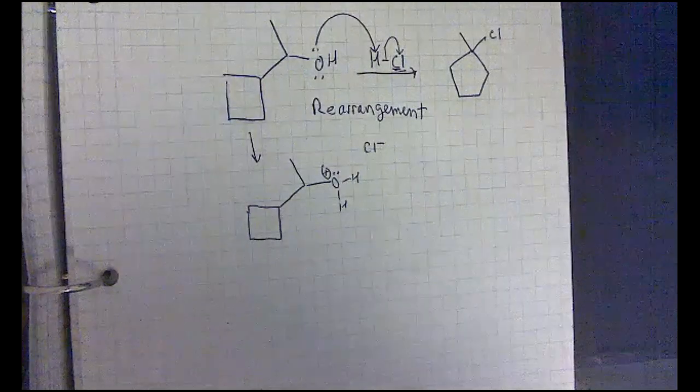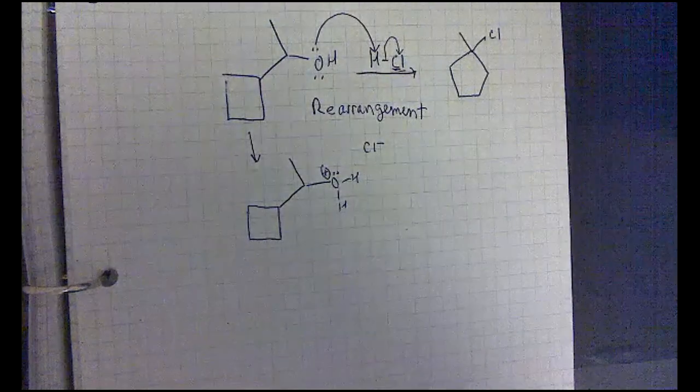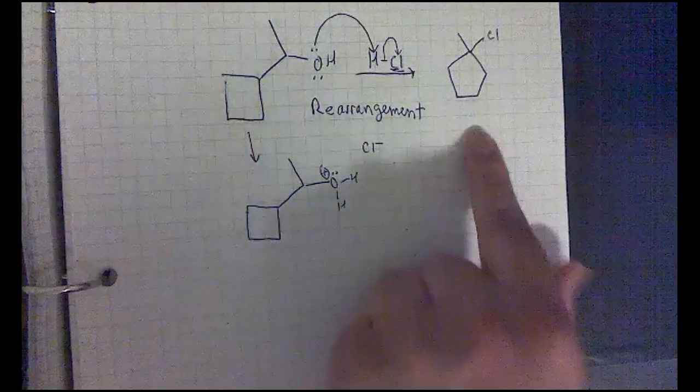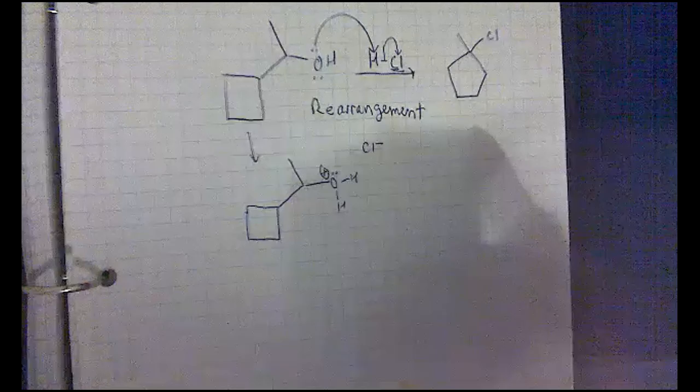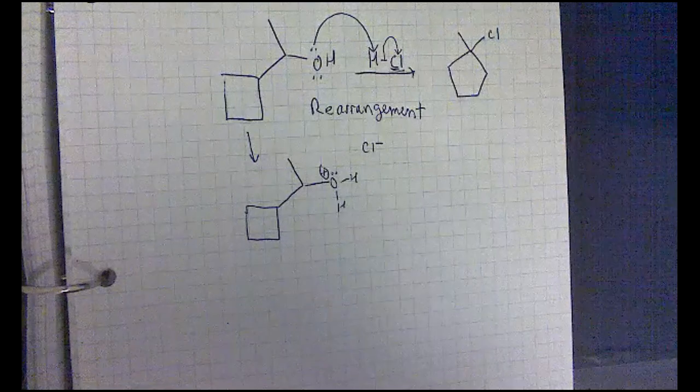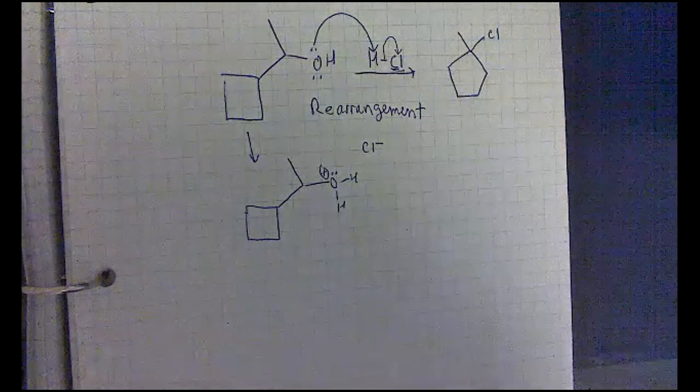Whenever you see a rearrangement that comes about from SN1 reactions, whenever you see that your starting material does not look like your ending material, meaning something has changed, you have moved about methyls, you have gone from a 4-membered ring to a 5-membered ring, that means that you have to form a carbocation,